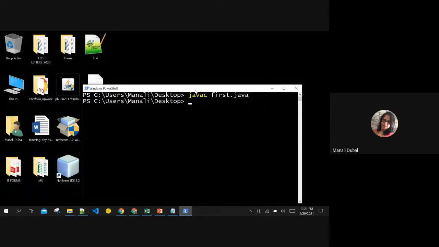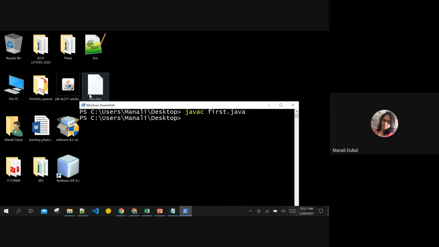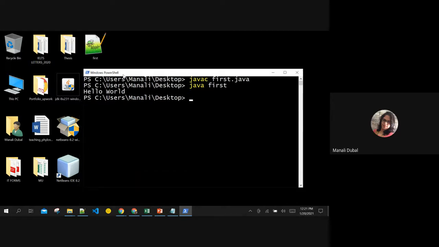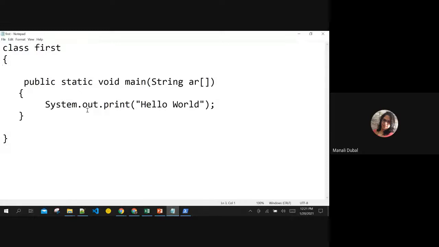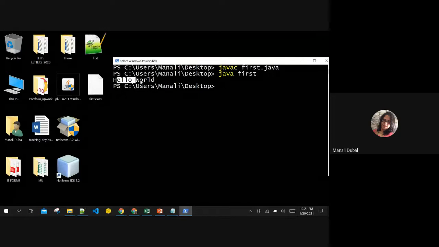All right, fine. Now to run the file, what do you want to run? I want to run first.class because this is the runnable file. This is our understanding, that is machine understanding. The machine can run first.class. All right, to run something, java space, name of the class file. What is the name of the class file? First, no need to mention the extension. Just click enter and you will see the output here itself in the command window. Whatever you have printed in here, SOP, System.out.print, the same thing is here in the output. Hello world. All right.